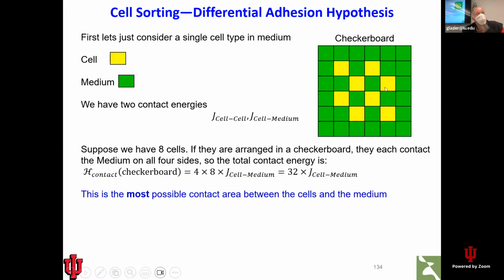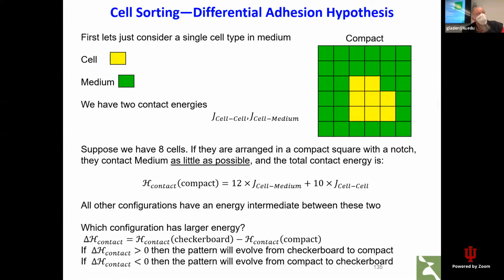So we have 1, 2, 3, 4, 5, 6, 7, 8 yellow cells. 8 times 4 is 32. So we have 32 units of cell medium contact and 0 units of cell-cell contact. So the energy of this pattern is 32 times J cell medium. Now, that's the most cell medium contact energy we could have. Now, if I rearrange it to make as close to a square as I can, I haven't changed the total area,